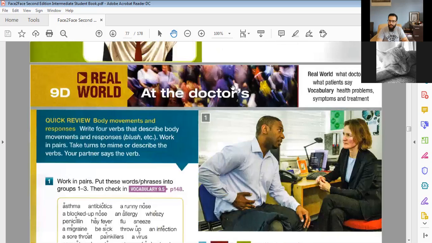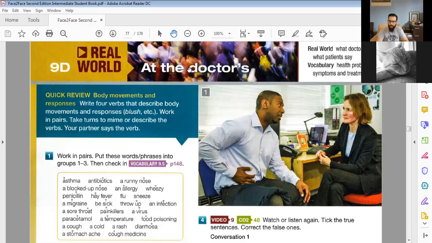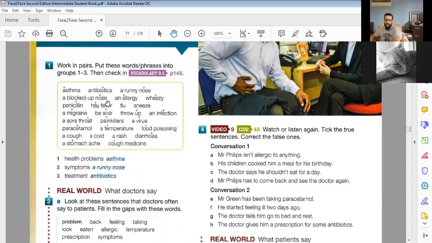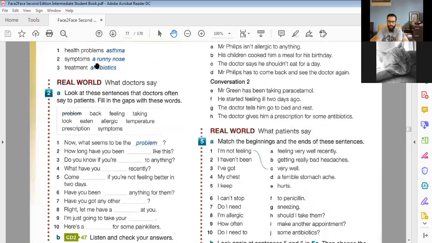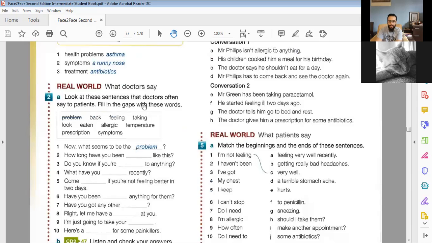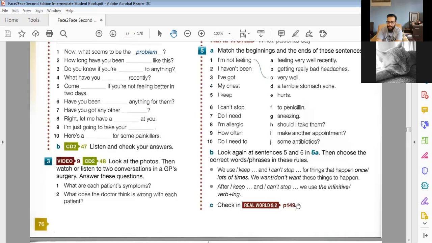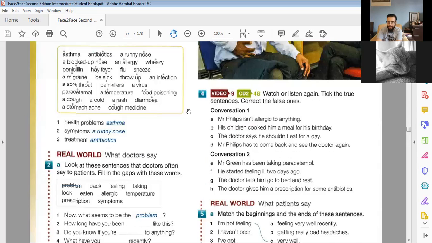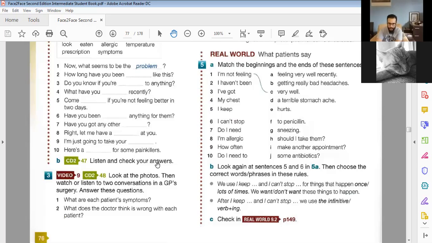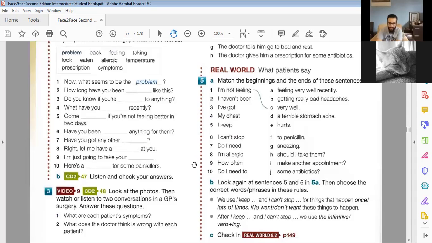And then we started with medical problems, health problems: how to talk about certain illnesses and how to discuss them. So we did that. We also divided them into 3 groups: health problems, symptoms, and of course the treatment. I think we finished number 2, and we also finished number 3 with both patients, one of them who ate